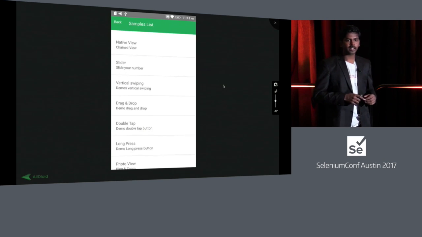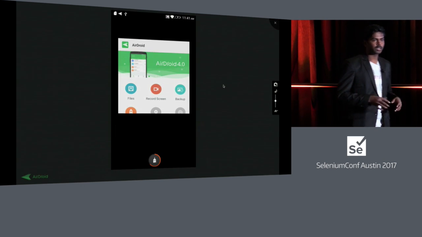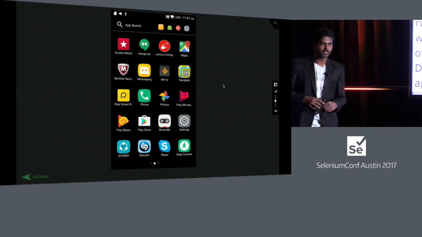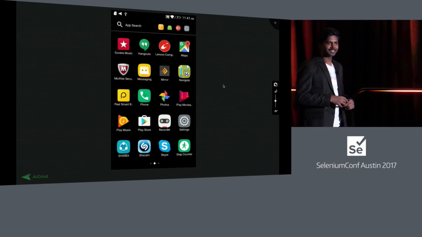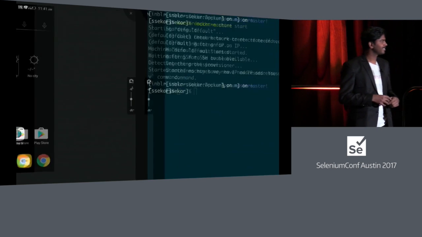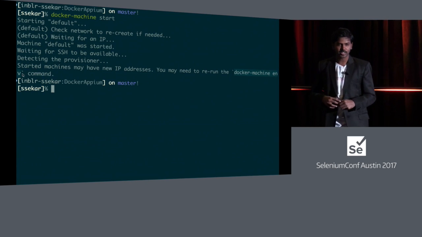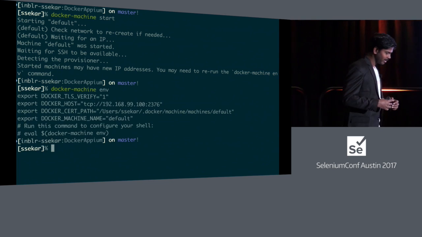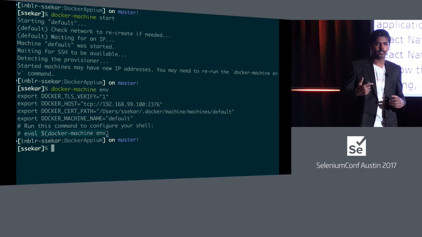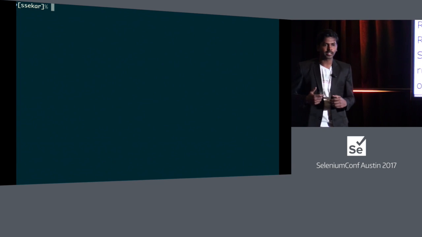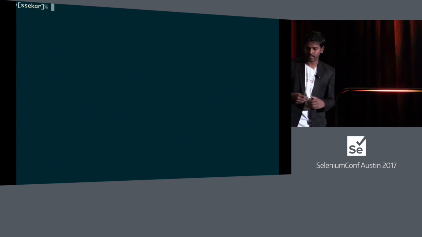It's basically a React Native application. How many of you work on React Native here? Yep. How easy is it to automate a React Native application? It's pretty easy. So I have a Docker machine up and running. Docker machine creates a virtual host for me. In order to share the USB of my Mac, I need to have a Docker machine up and running, wherein it contains my Docker images.